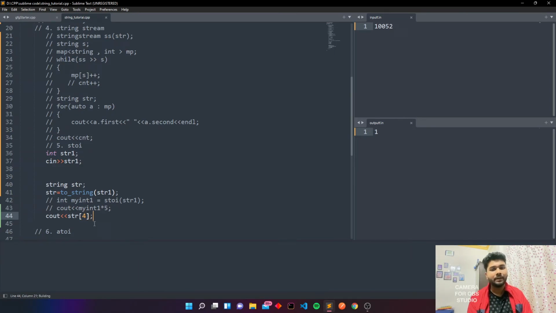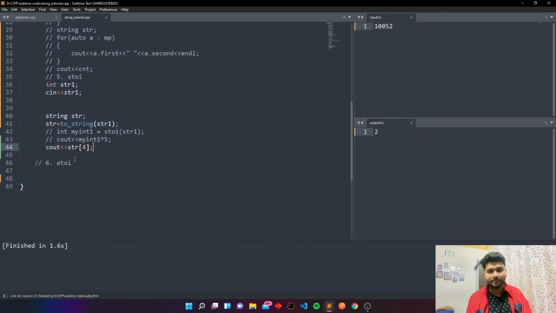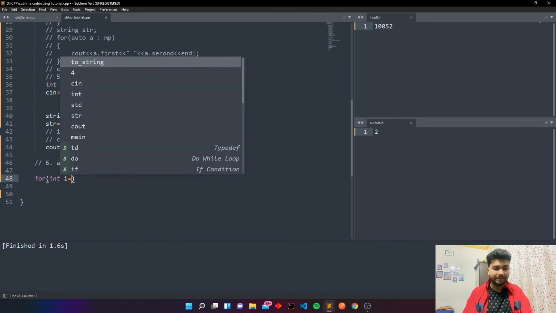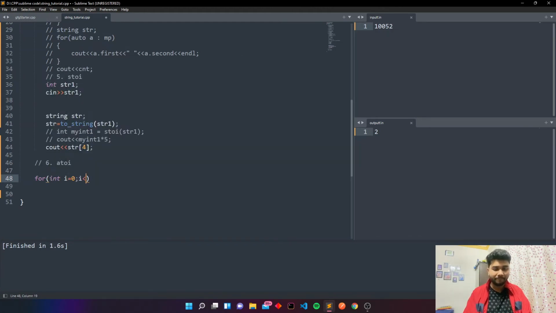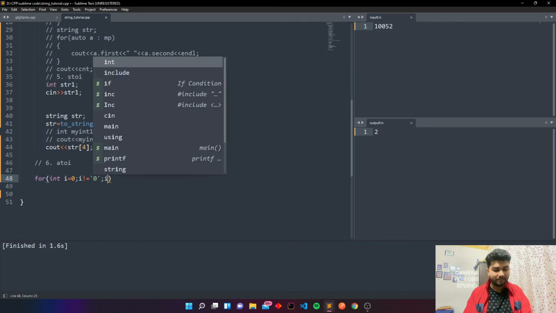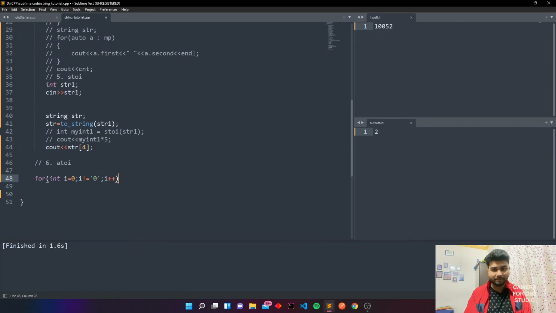And how will you iterate? Okay, so let's say I'll start with for int i is equal to 0, i is not equal to 5, i plus plus. The value is str of i, no?